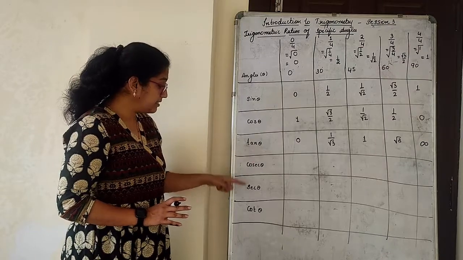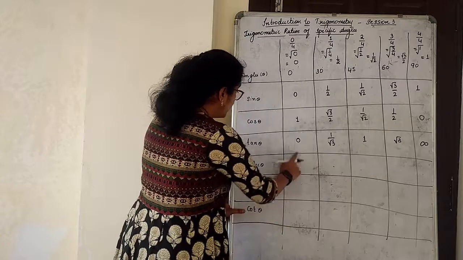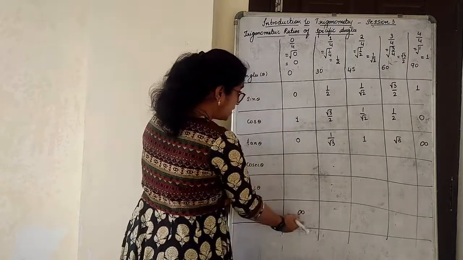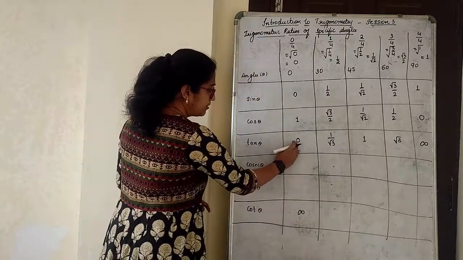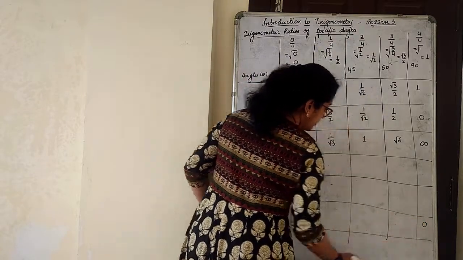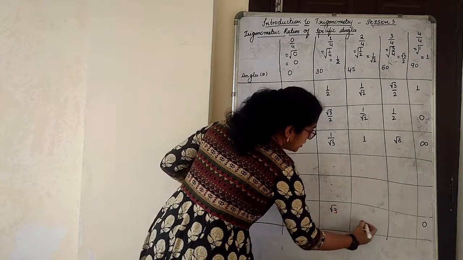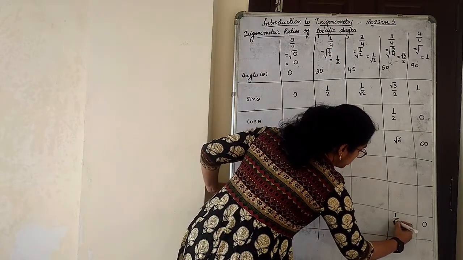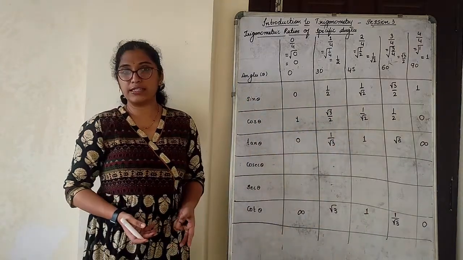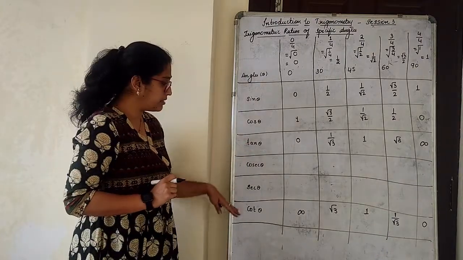Now, tan is written. I'll first touch the cot part here. So, cot is the reciprocal, so for 0 that is not defined. So, if this is not defined, see, just opposite of it. This is 0, not defined. So, not defined and what comes here? 0 comes. 1 by root 3, root 3. So, root 3 comes here and 1 by root 3 comes here. Then what should come here? 1. If you write tan, cot is very simple. Just interchange the 90, 0, 30 and 60 values with respect to this.